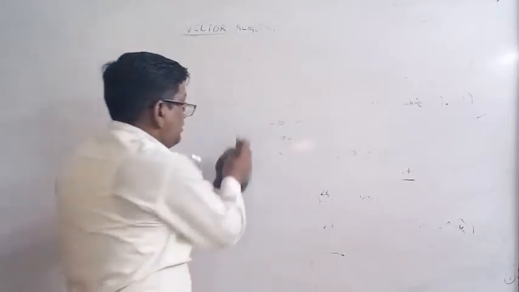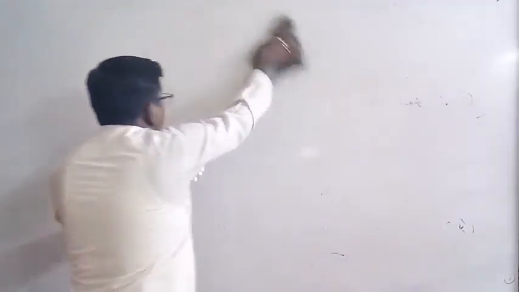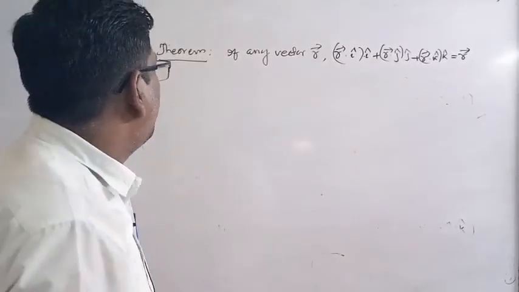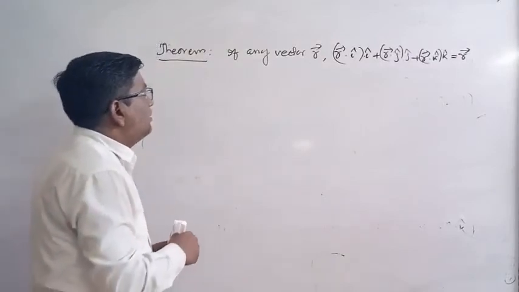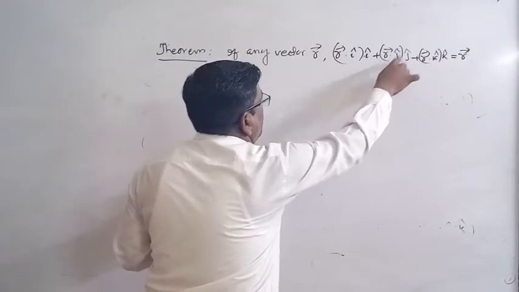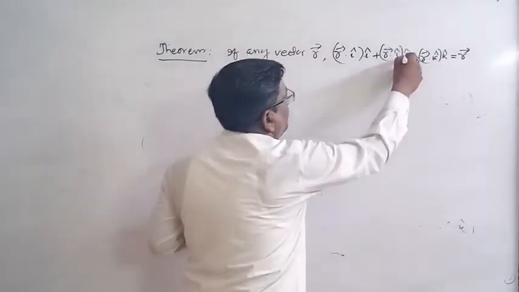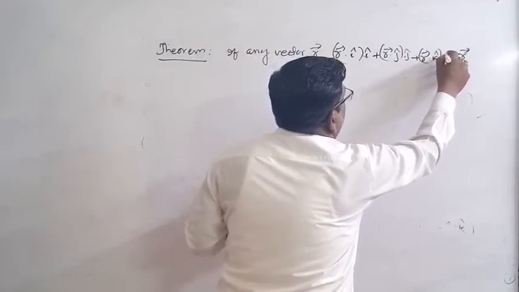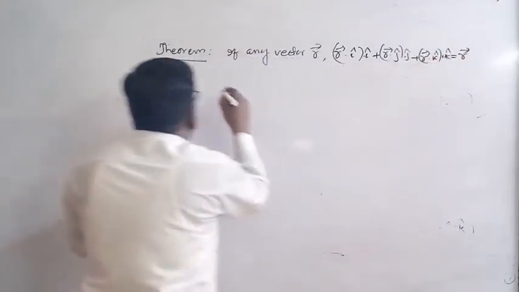Now, for any vector R, what are R dot I, R dot J, and R dot K? R dot I times I, plus R dot J times J, plus R dot K times K is equal to the R vector. Proof: